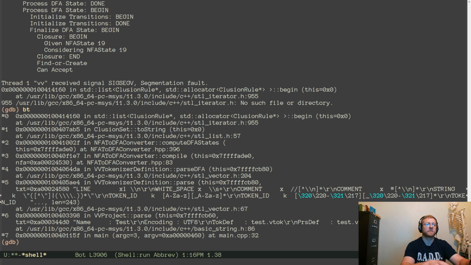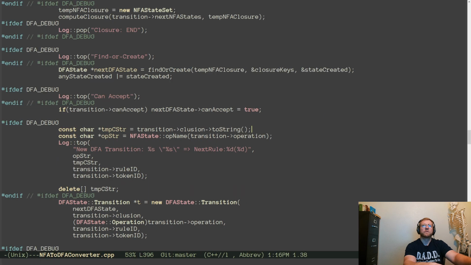Compute DFA states, fine. And these are control. 396, this line right here.